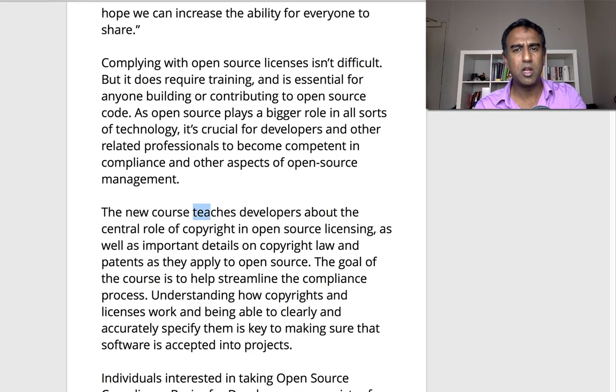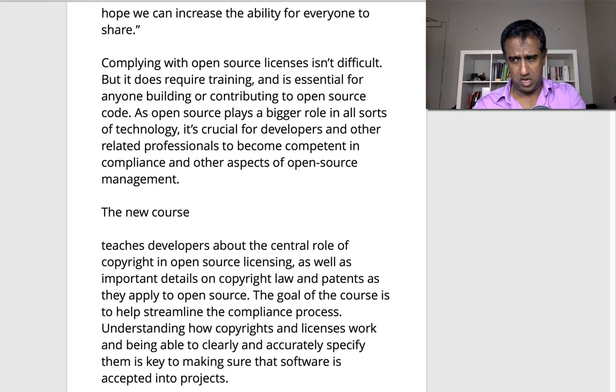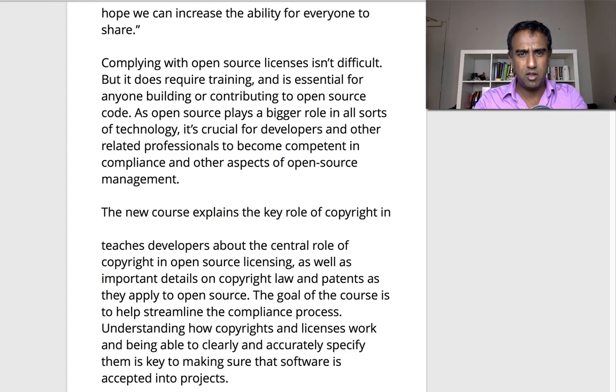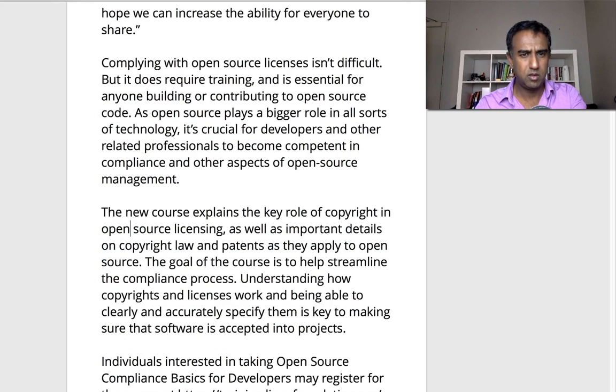The new course, I would just simplify this to say explains the key role of copyright in open source licensing. Okay,